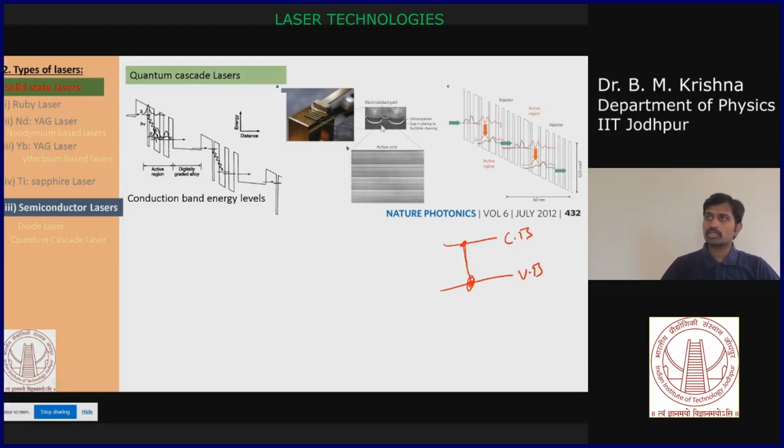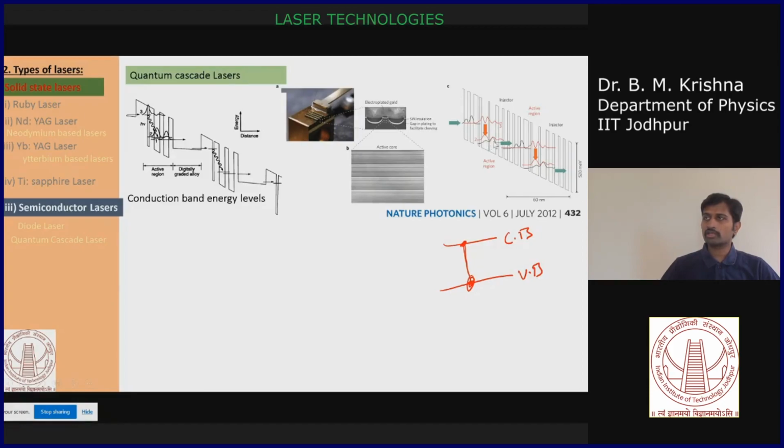So now if you see here, this is your active region where the lasing takes place. Now you are injecting the electrons using your bias. It gains the energy. It reaches one of the higher energy levels, because this is a quantum well. You know the quantum well energies are distributed. For example, this is your first energy, then the second energy, third energy. So your energy levels are discretized. It will reach a higher excited state. Then it has a transition to a lower excited state with the lasing action, and then with the non-radiative decay it goes to an even lower state.